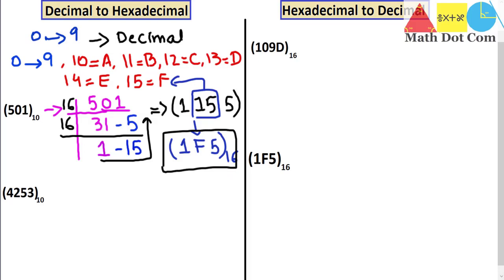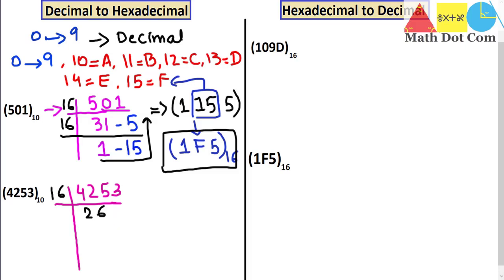Now let's move towards the next number, one more number. How can you convert that? You have to do the same method of repeated division. So we now have 4253. Keep this in mind: you have to do the repeated division when converting decimal to hexadecimal for a number greater than 15. So repeated division by what? By 16. So we have 16 2s are 32, then remainder 10, then 105, then 16 6s are 96, and what is the remainder?